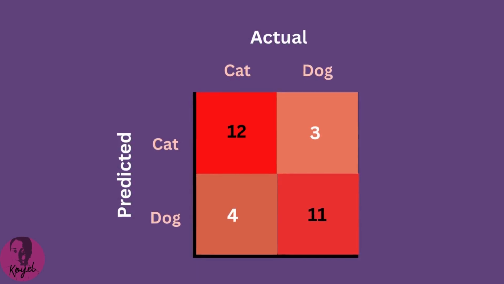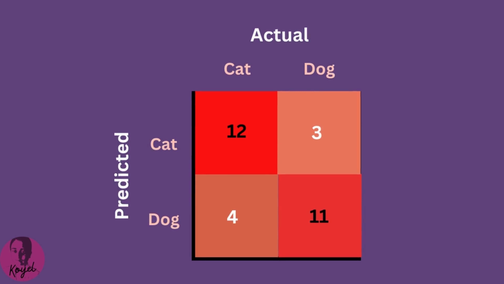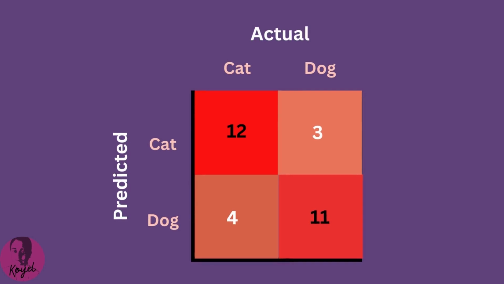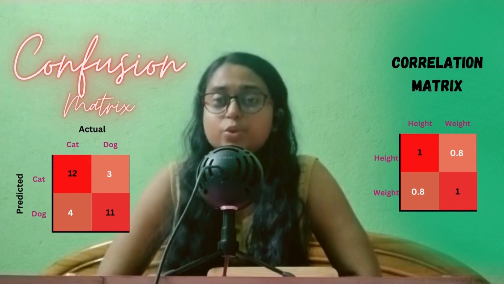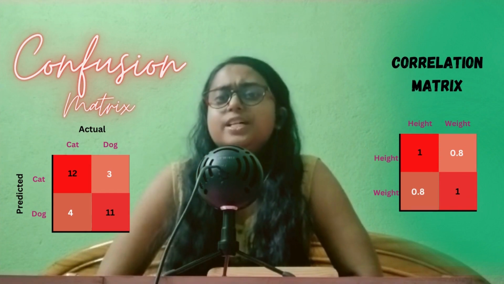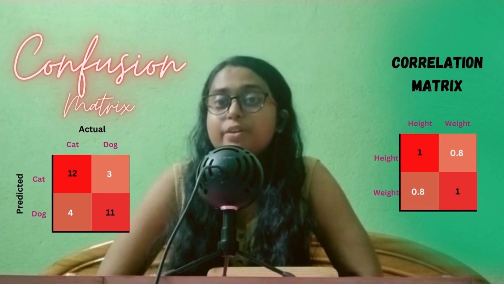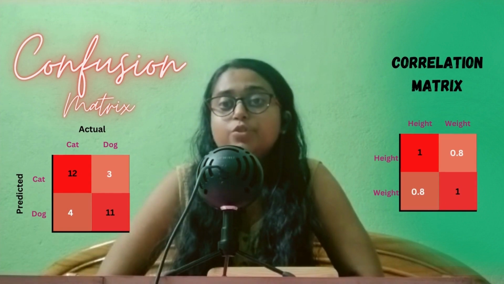By looking at this confusion matrix heat map, you can quickly say if your model is performing in a decent way or there is something wrong with it. If the top left and bottom right cells are much darker than the rest, there is nothing to worry about. Else, you need to check your model specifications. One humble request here is that please don't confuse confusion matrix with correlation matrix. Because yes, heatmap does represent correlation matrix sometimes, but sometimes it represents confusion matrix as well. And in case of confusion matrix, we are not dealing with correlation whatsoever.